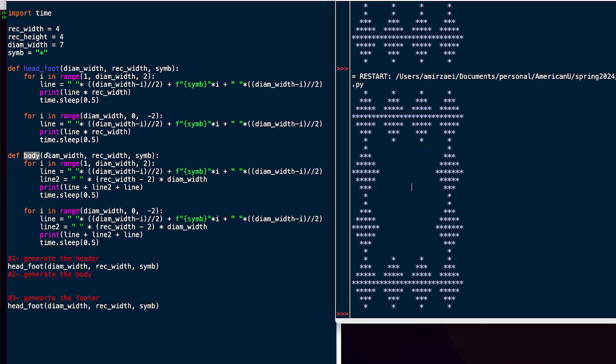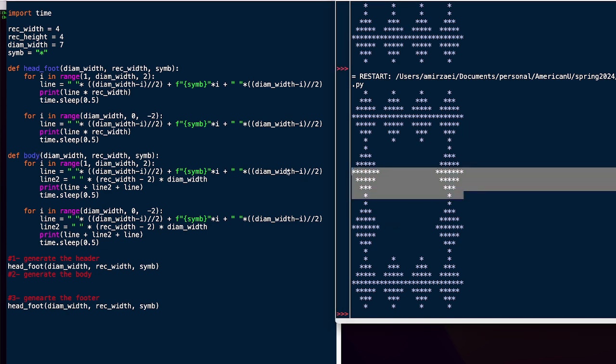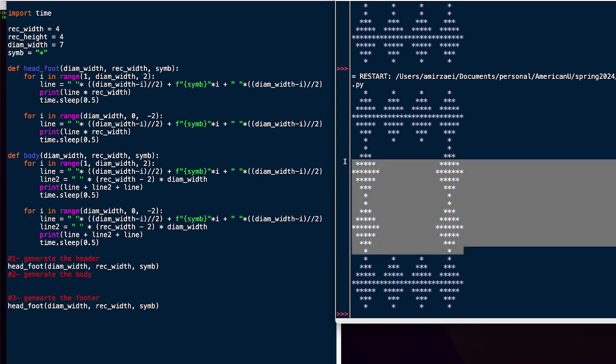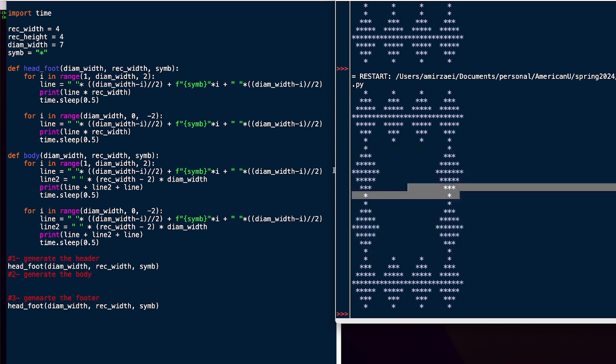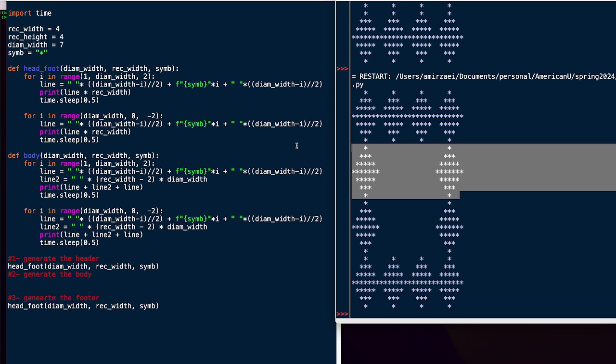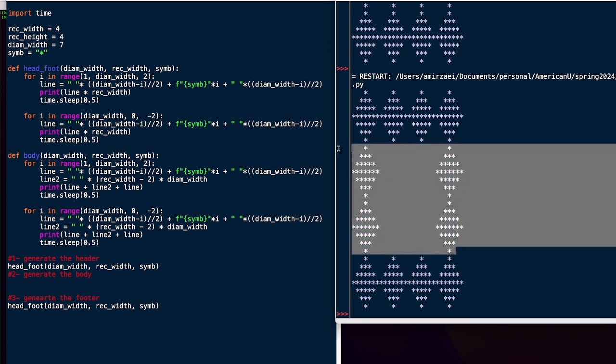But remember, if you call the body one time, it will generate this for us. But how many times do we need to call this body function in order to generate all the body rows? So not just one time. If you call it one time, this generates only this. But now that I need to generate two rows, it means I need to call body twice. But in order to make it generate, I can say for i in range